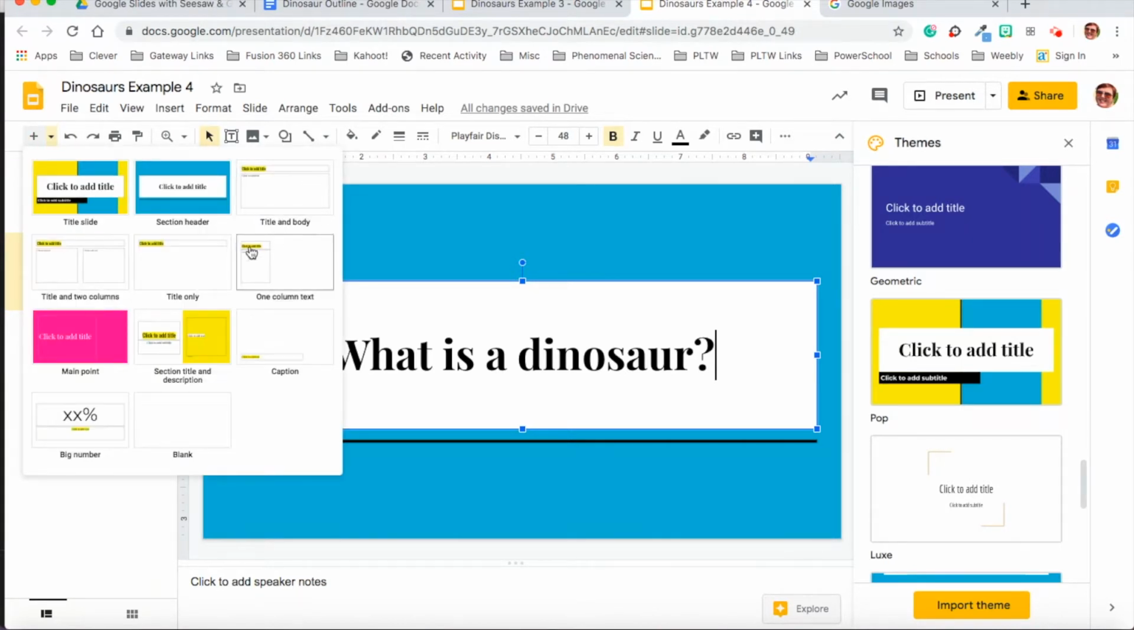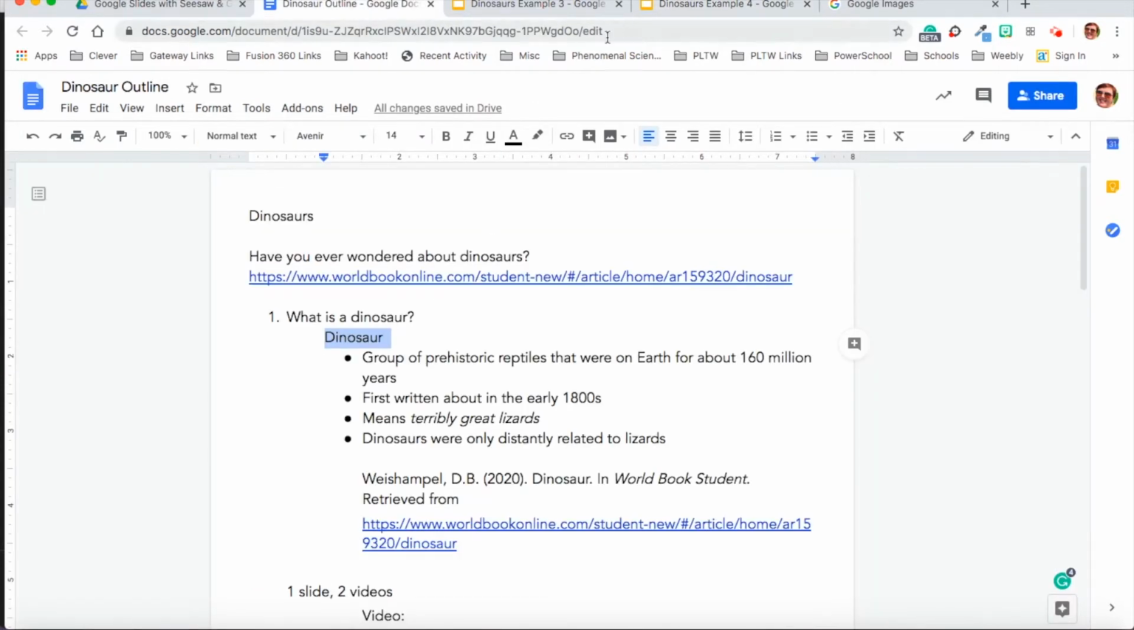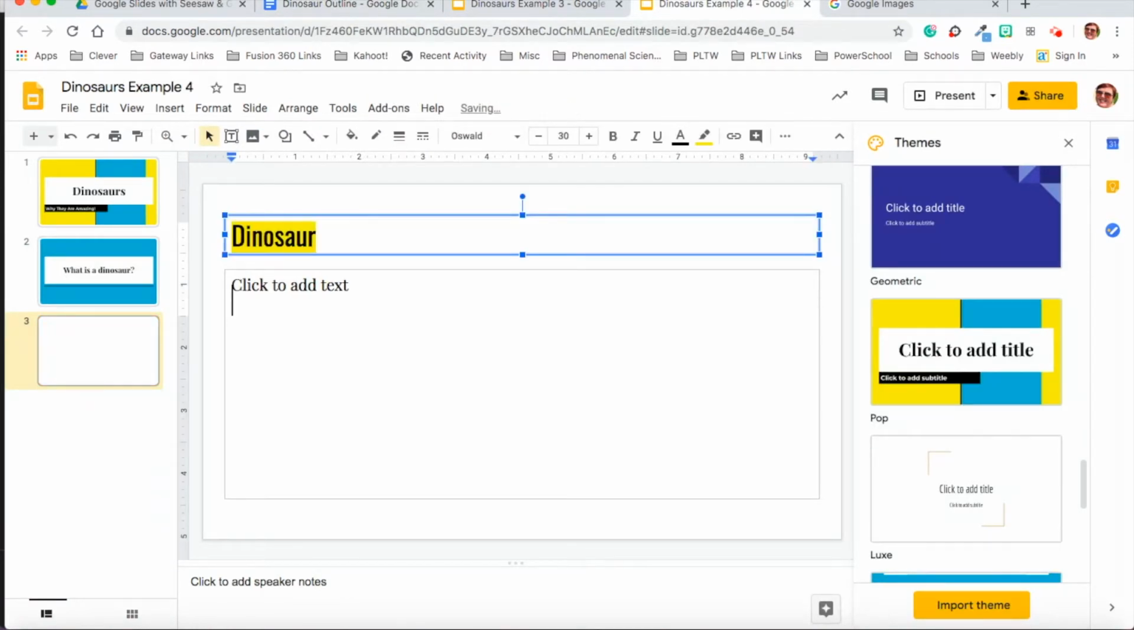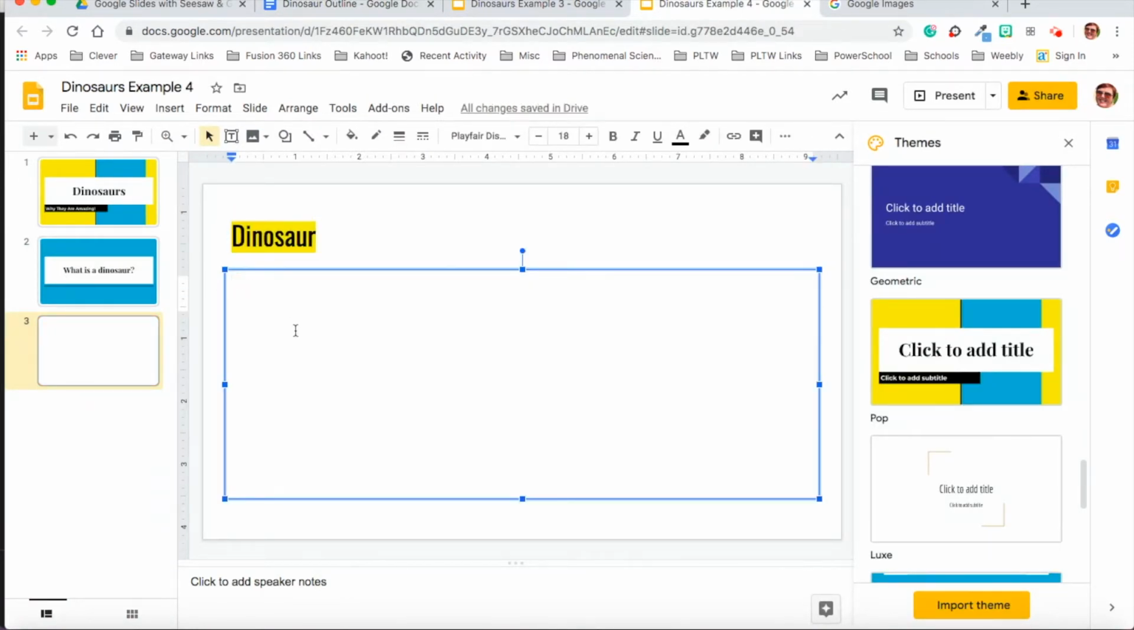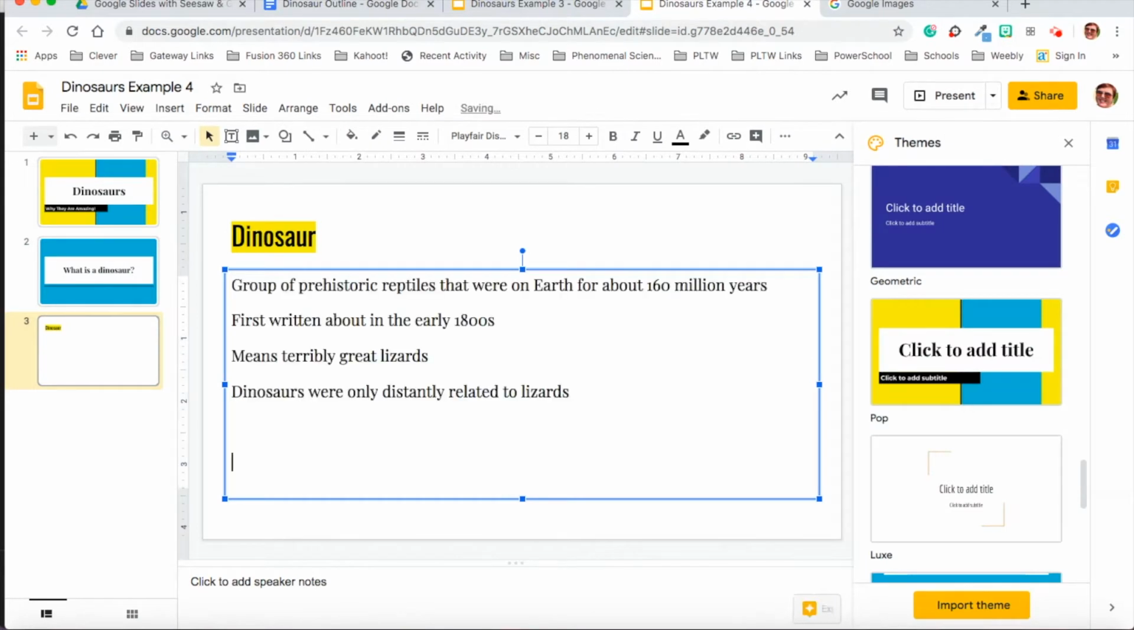This one's going to be the title and body, and the section for this one is going to be called Just Dinosaurs. So I'm going to copy that from my outline, and again, Shift Command V to paste, and then I want to put in a bulleted list of the definition of dinosaur. I got this from World Book Student, and I'm going to copy and paste my bulleted list from my outline. Again, Shift Command V, and when I do that, it doesn't put in my bullets,